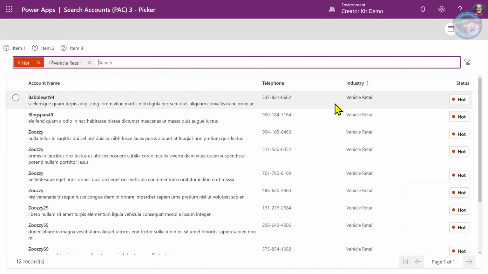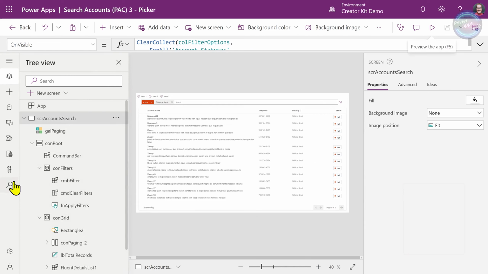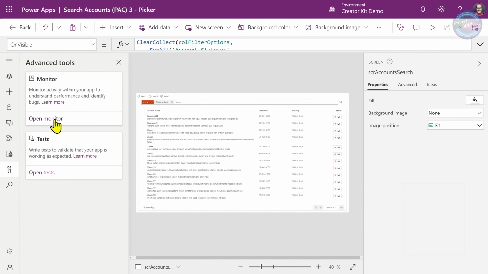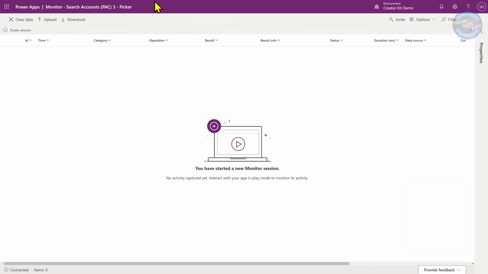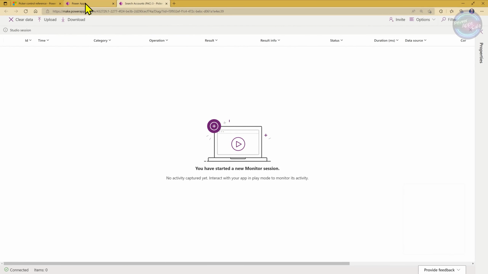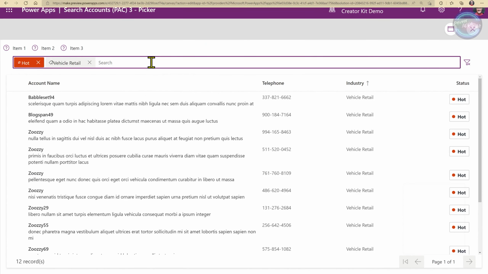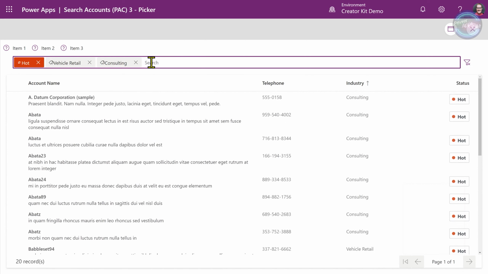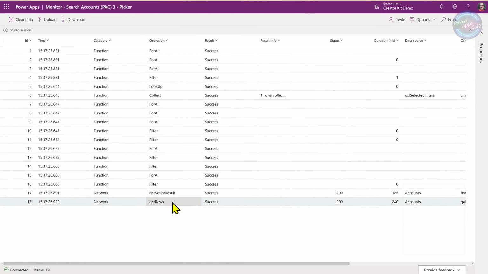It gives us all of that complex filtering. And of course, this is all delegatable. So if we go into our tools and open monitor here, we should be able to see that all of the filtering is done on the server and the paging is done on the server. So let's run here and type in consulting services like that, and go over into our monitor.